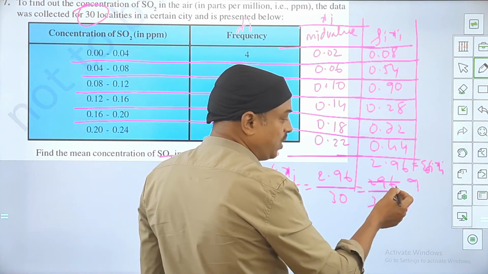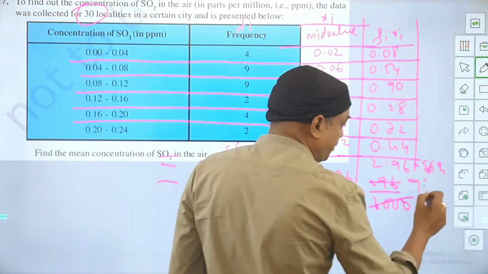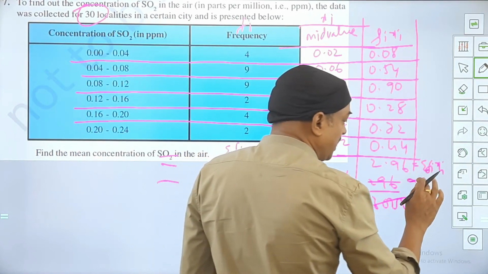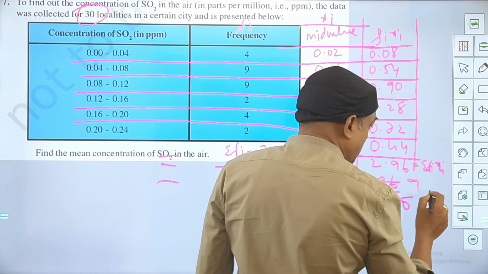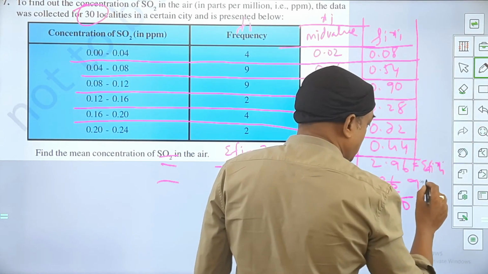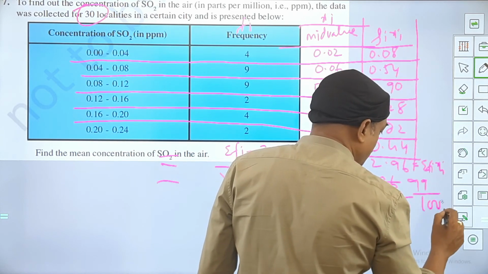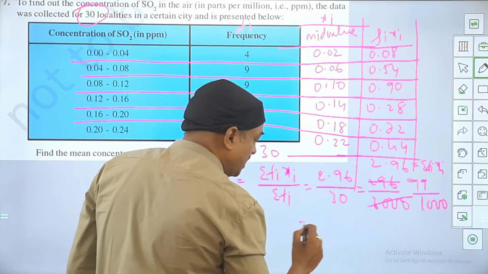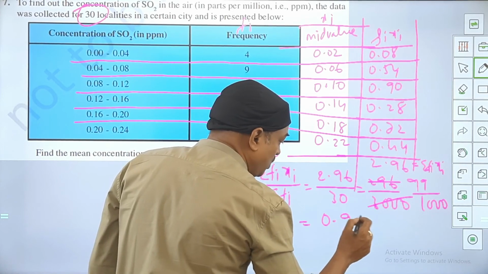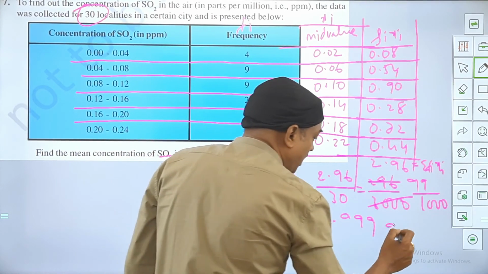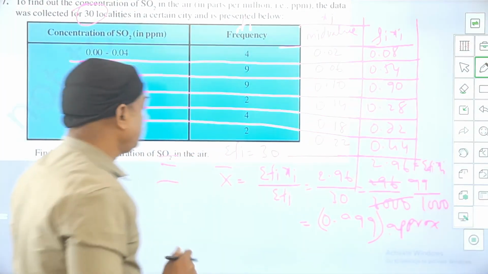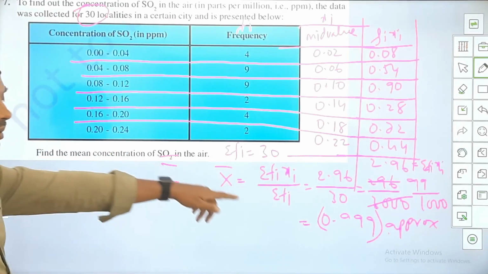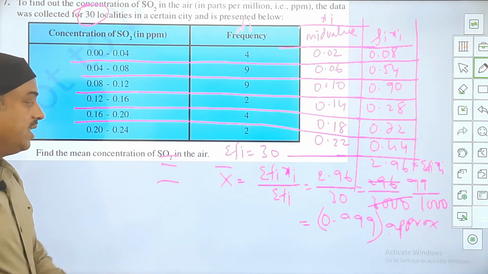And then followed by 26, 24 is exactly divisible 8 times here. Or you can take it as 9 times to make it a round figure. 9 times. And this is right now upon 1000 after you cancel by 3. So this is going to be 0.099, the approximate value of the mean for us. It falls between maximum and minimum, so the answer is absolutely fine. Is that clear, all of you?